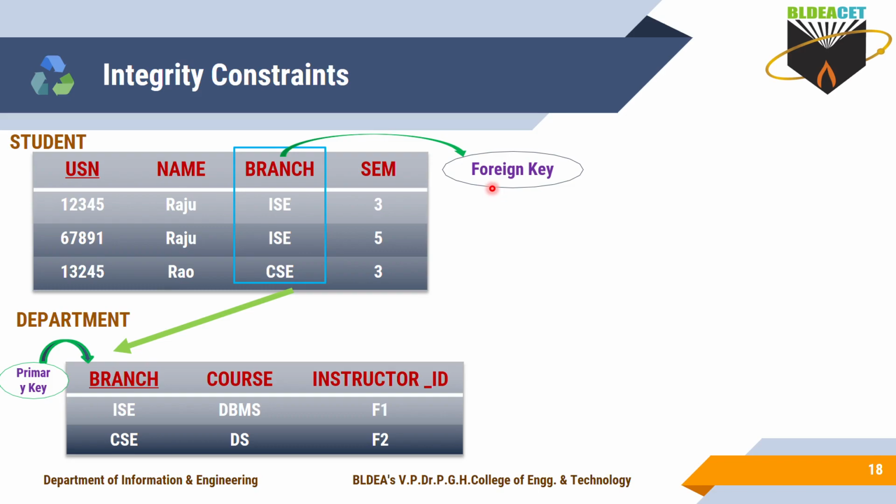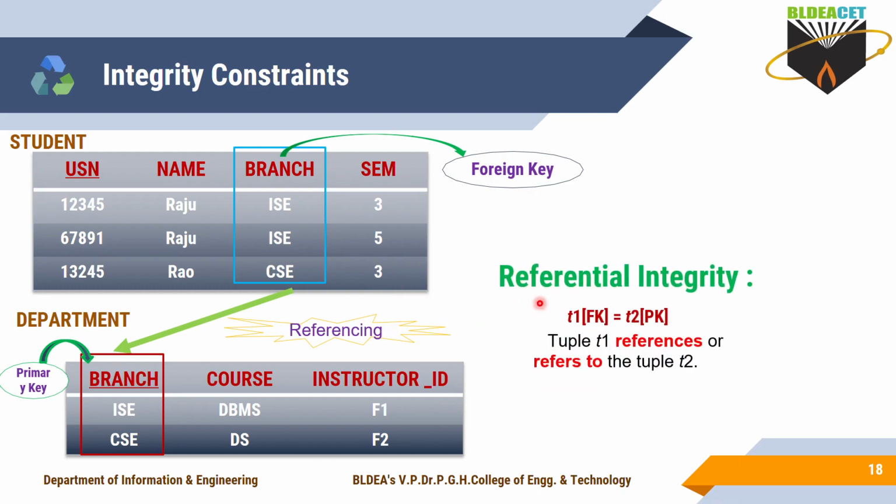Okay, so now here branch is the foreign key, and it depends on the parent table. What does the parent table contain? That must be the primary key here. One table has the primary key and another table has the foreign key, and that is what we call referencing. Okay, the dependent table refers to the parent table here. That is what we call referencing. And while specifying that these two tables are related, you can relate them with the help of the foreign key and the primary key.